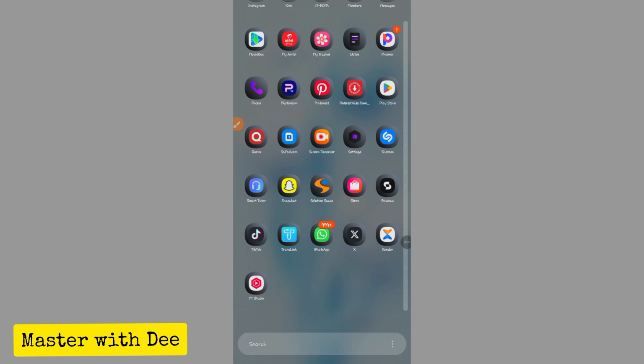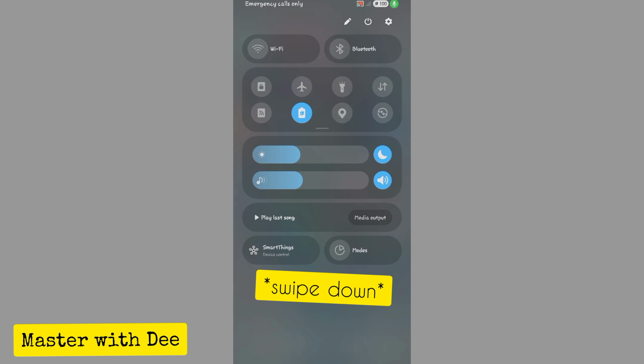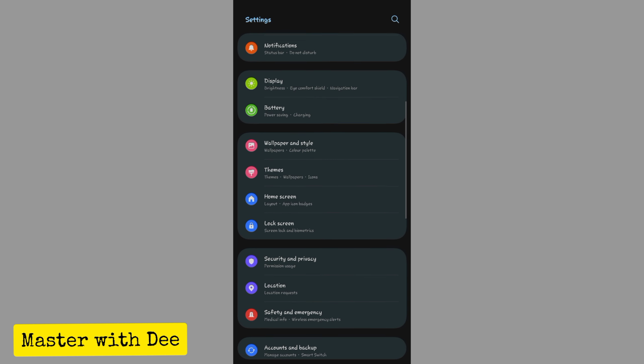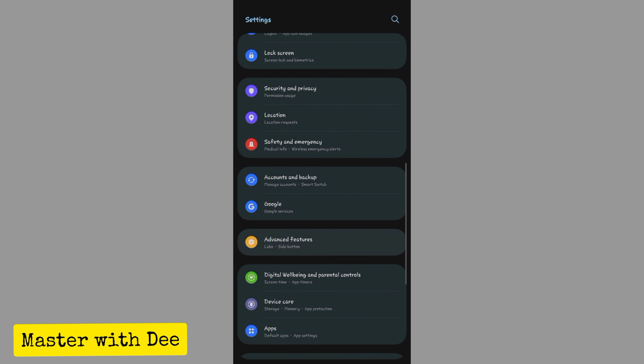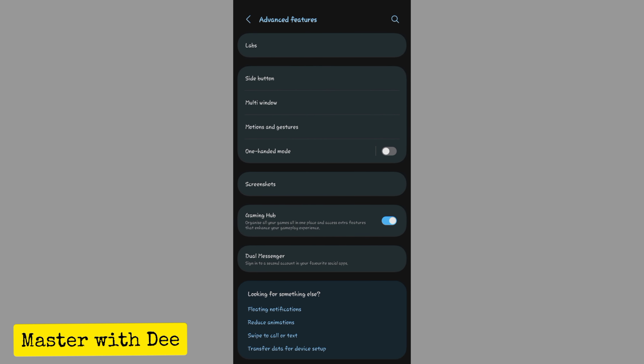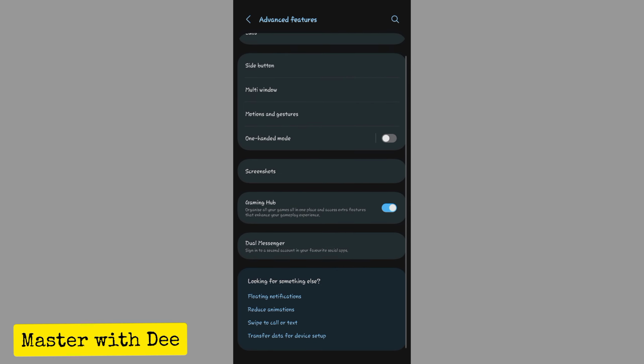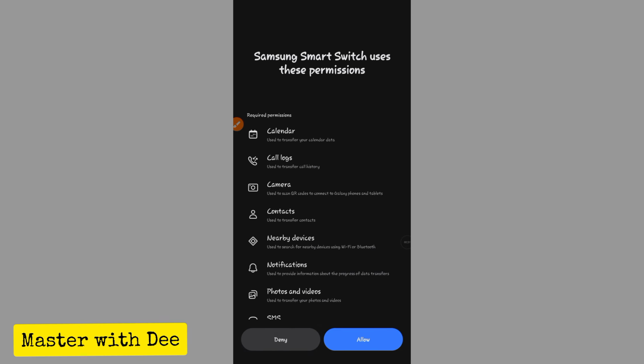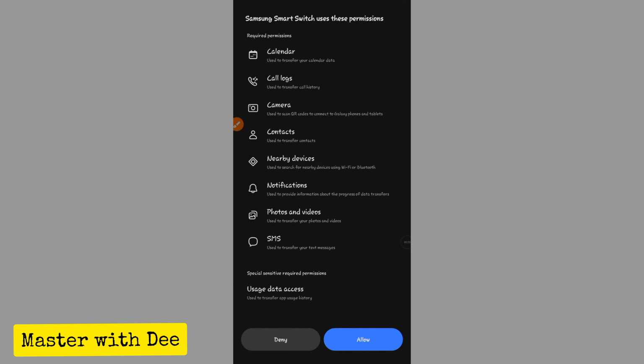So open your Samsung phone and swipe up, tap on the settings icon, and scroll down all the way to advanced features, and scroll all the way down to transfer data, and it will bring you a menu like this one. You read through and then you tap on continue. Yes, you just take your time, and after tapping continue, it will bring you to this, and these are the